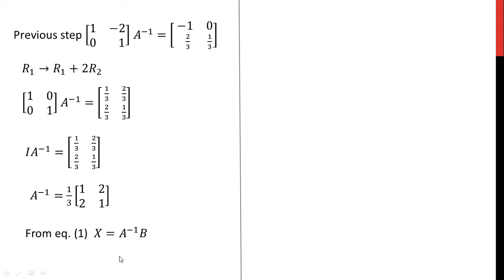Now if you put the values, means if you put the matrix A inverse here into B, the given matrix, then you will get the matrix X. So see here, it is equal to 1 by 3 into this matrix into the given matrix 1 1. Okay, so after this multiplication, you will get a new matrix which is the matrix X. So how will you get it? See here, 1 by 3 is a scalar, so keep it as it is. Now between these two matrices we have to take the product.